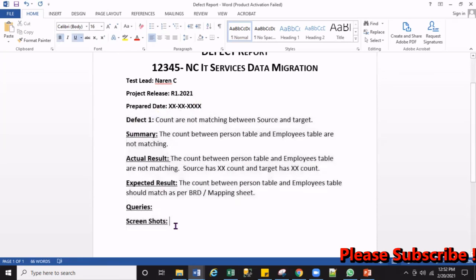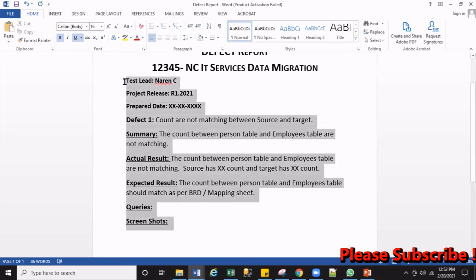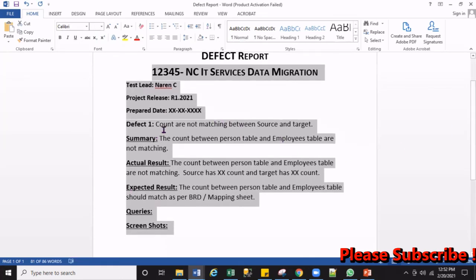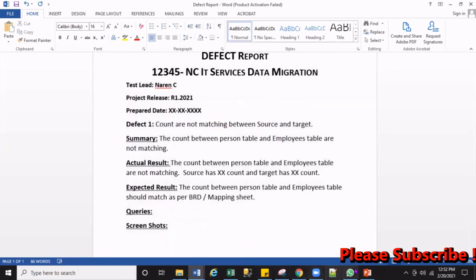Similarly, if you found the other defect, let's say the field to field validation where one field from source is not matching another field from target, you have to write it in a similar way for all the failed test cases. So this is the basic defect report for each test case, and I gave an example as a count. All right. I hope you understand